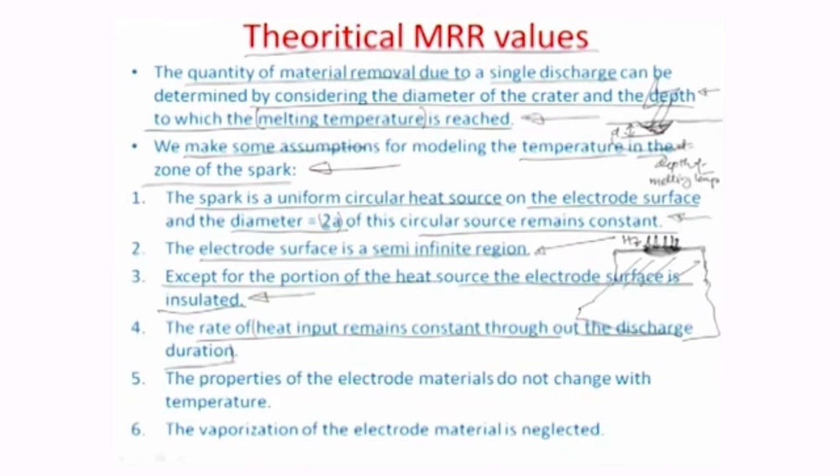We also assume that the properties of the electrode materials are not temperature dependent, so they do not change with temperature, and also that the vaporization of the electrode material is neglected. We assume the electrode is not really affected by the spark of electrons which are sent. So these are the 6 assumptions that you make in order to estimate this model, and really the model is